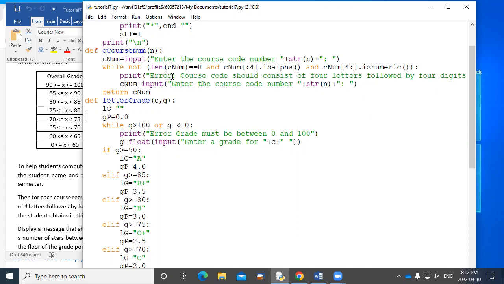It will keep asking them to put in the value until they get one that's right. So we do that a lot. And then we got a return value. I hope you remember how functions work. Here we're declaring the function.